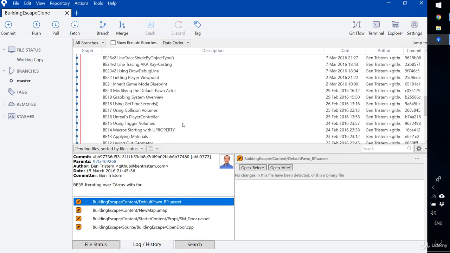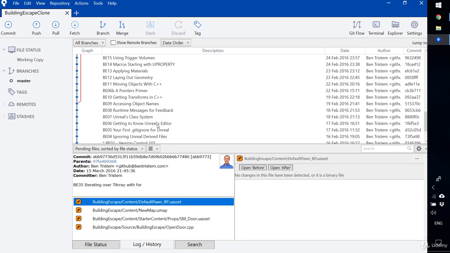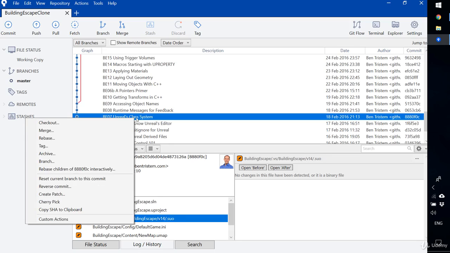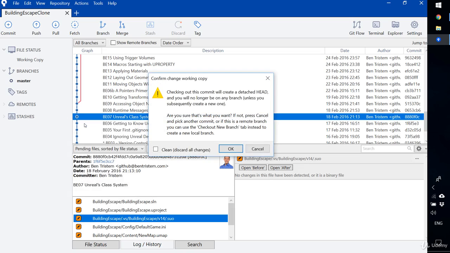Go and check out the state, for example, at the lecture we were just on. Last lecture was, let's go and have a look, scrolling back, Unreal's class system. Now we can check it out very simply. You could either double click or you could right click and hit checkout, which is going to check out the state at the end of that lecture into your directory so that you can build it and run it